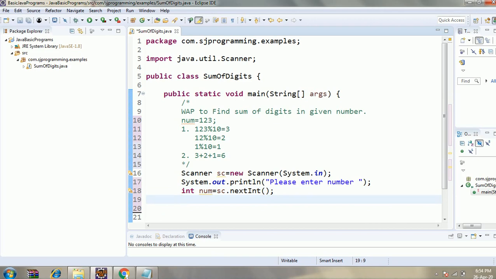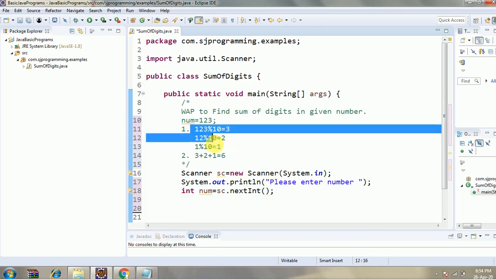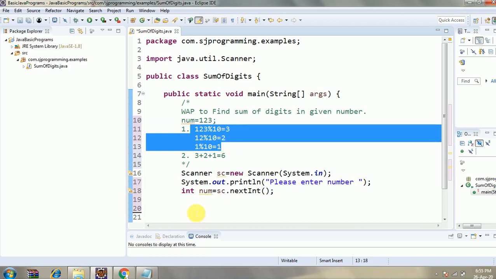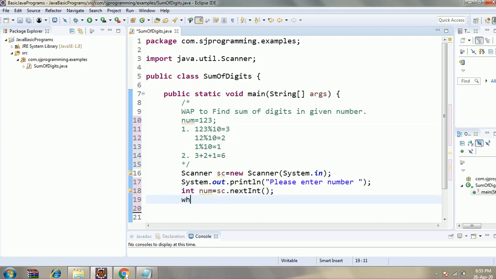So to separate the digits, to perform this task, we are going to use the while loop. Inside this while loop we are writing the condition as while number is greater than 0, then perform this task.